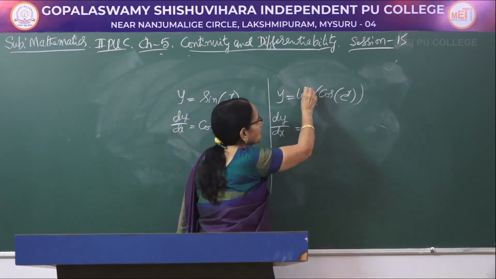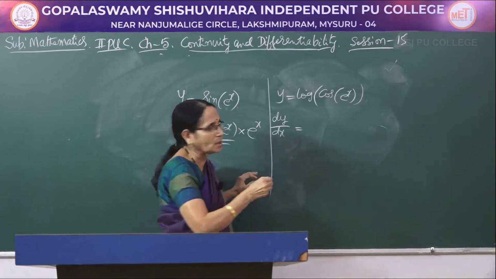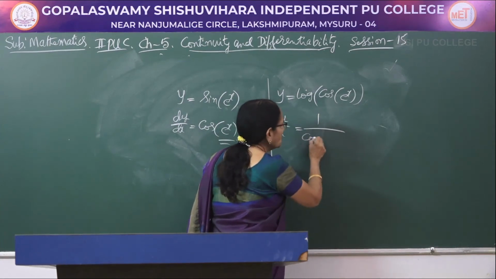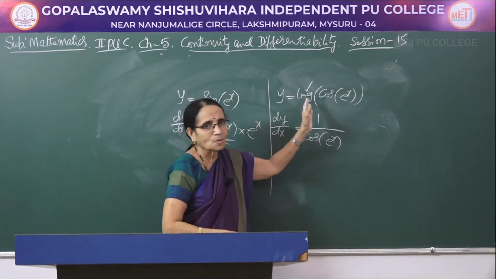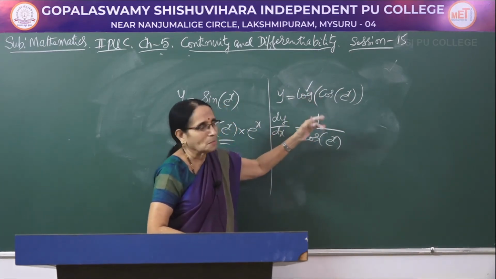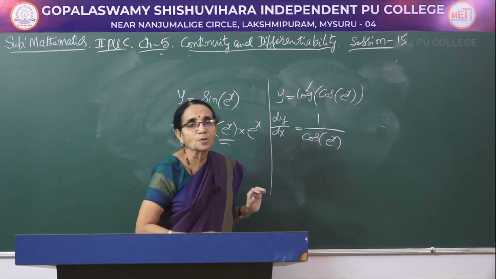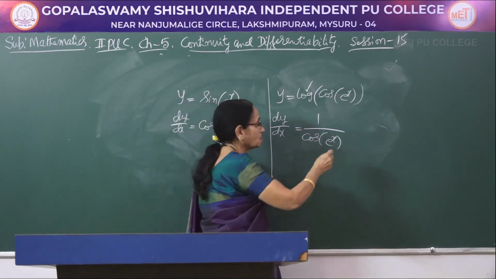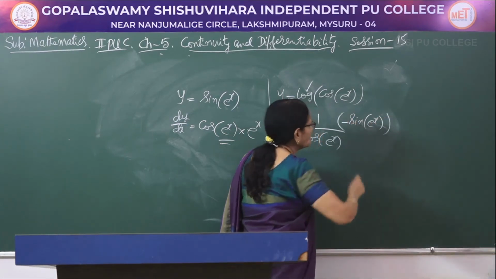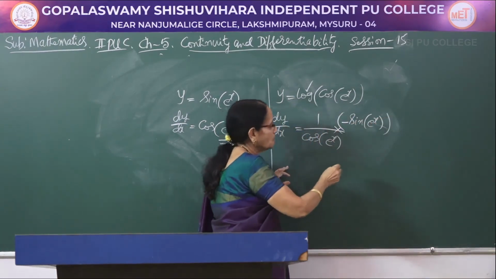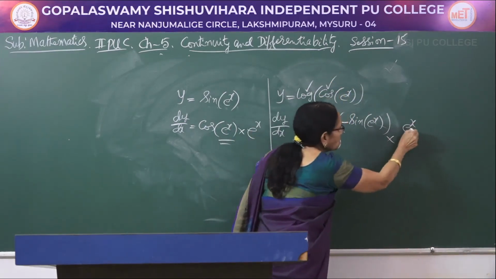First you take the logarithmic function. Log of anything, as you know, is 1 over that function. First you write 1 by cos of e to the power x. So, this is over. You need not tick that one, I am just writing it to show you. So, that part is over. Now, cos of something, cos of x, what is the derivative? Minus sin x. So, it is minus sin of e to the power x. You can write a bracket, into, we are multiplying. Next, this is also over. For e to the power x, it is e to the power x.